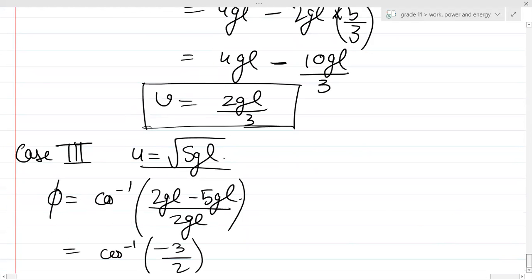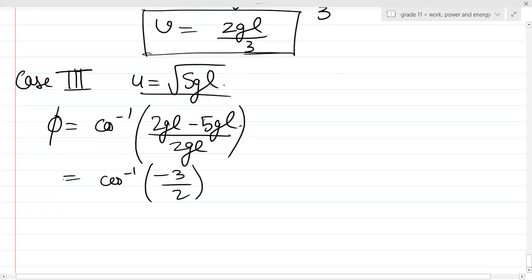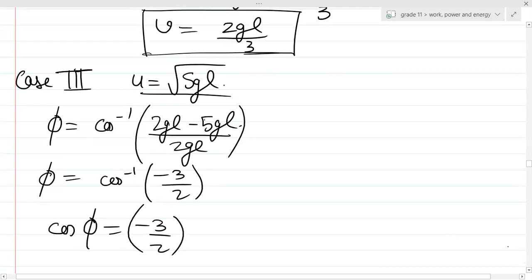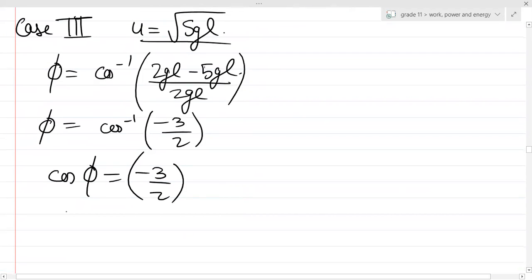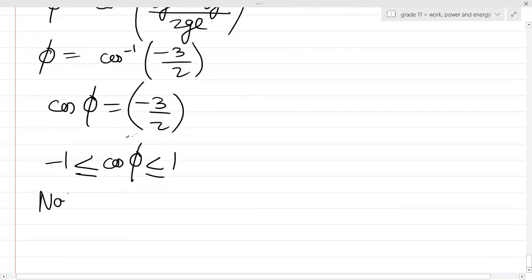Guys, can you see I have just put the value of under root 5gl over here, and phi is basically cos inverse of minus 3 by 2. That implies cos phi is equal to minus 3 by 2. But we know this particular fact, guys. I think you people all know that the value of cos phi or any cos angle will always lie between 1 and minus 1, right? So is this case possible? It is minus 1.5. So hence not possible. What do you mean by that? There is no value of phi